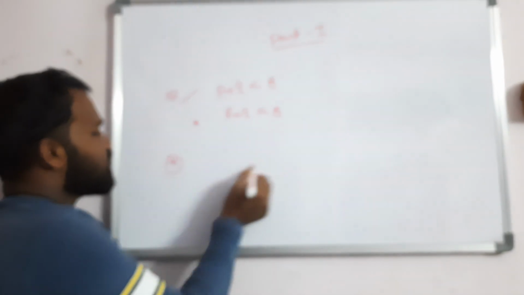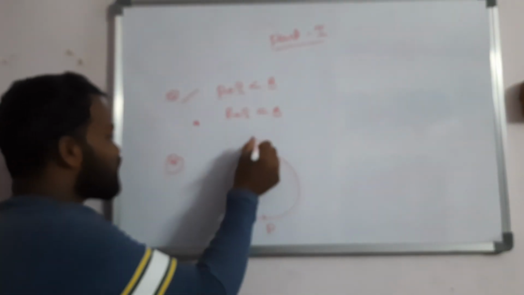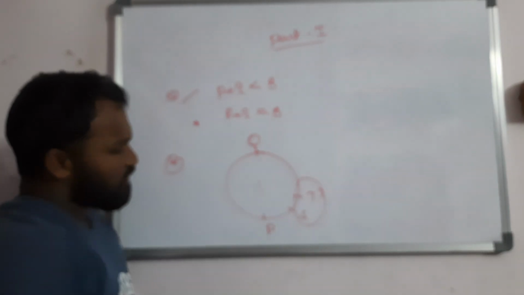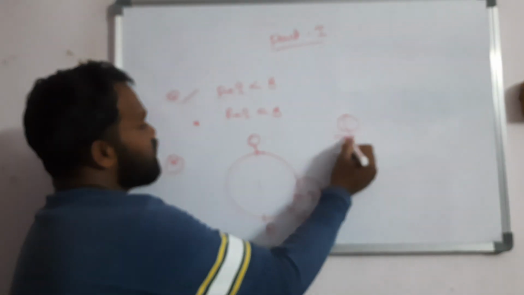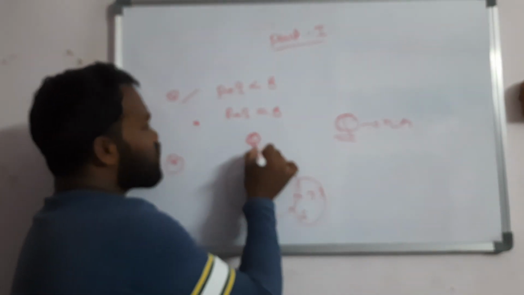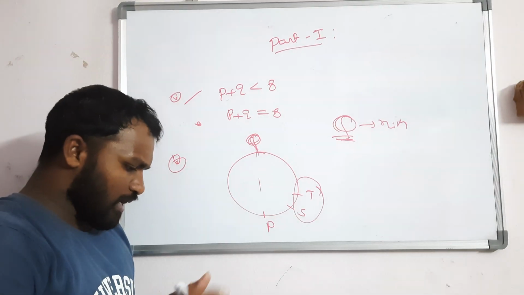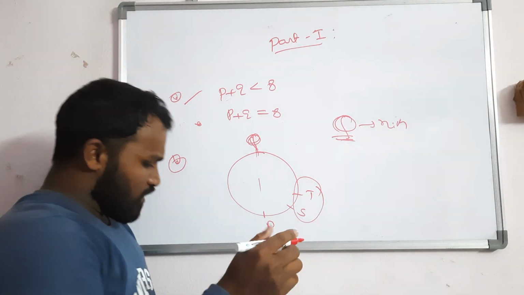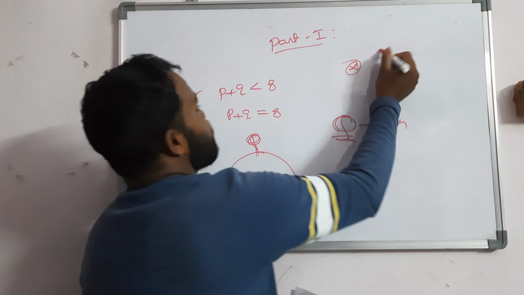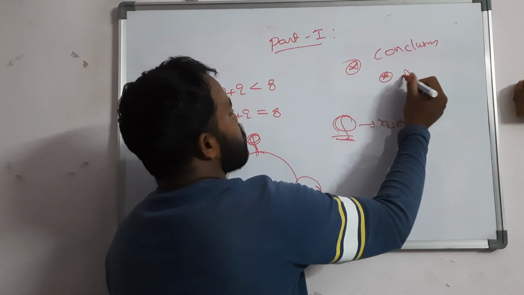One question is a sitting arrangement. P is exactly diametrically opposite to Q, and S and T are next to P. They asked to find who are the neighbors of P and the neighbors of Q. The answer they gave was R, T and P, S. Like this they gave. Next, one more question they asked, about conclusions.